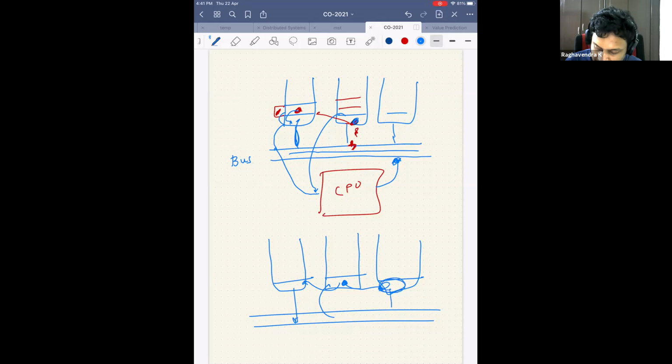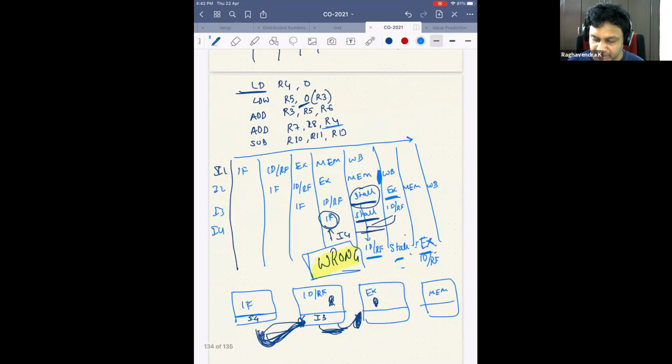And when that instruction also pushes some data onto the bus, this will fetch it. Now, since both operands are complete, it has everything it needs to execute. It will go to the CPU and then push its result on this bus. Maybe another instruction was dependent on it, and that will get its value. So everybody is listening to the bus. That's how modern day processors work. It's no longer the way you think it works here.